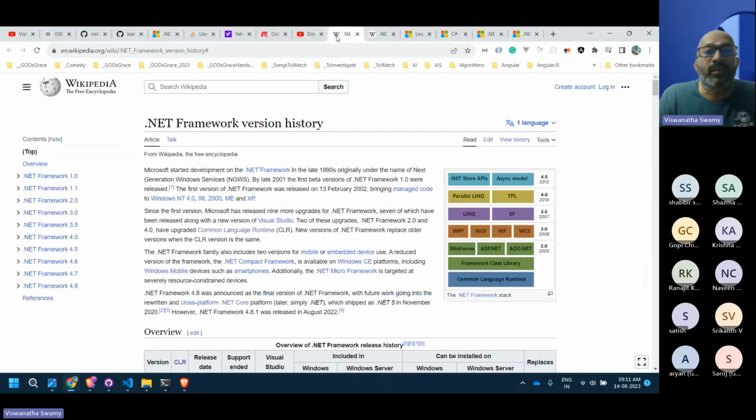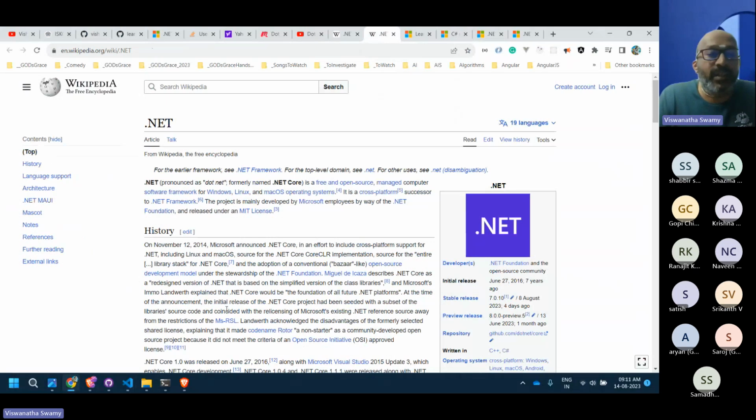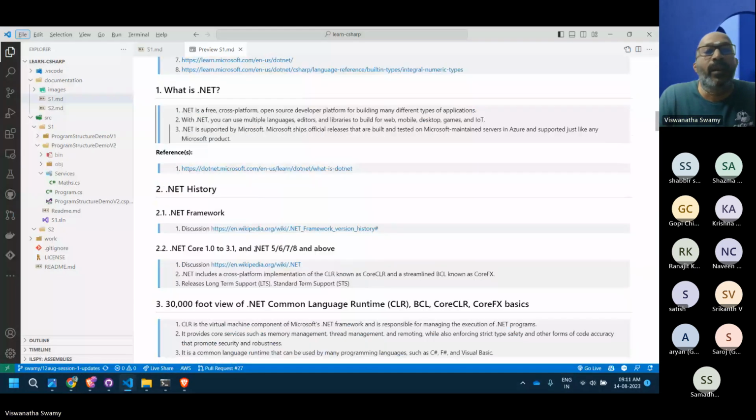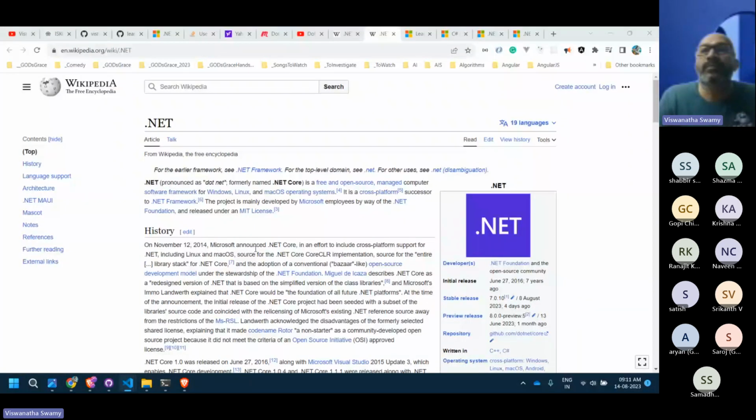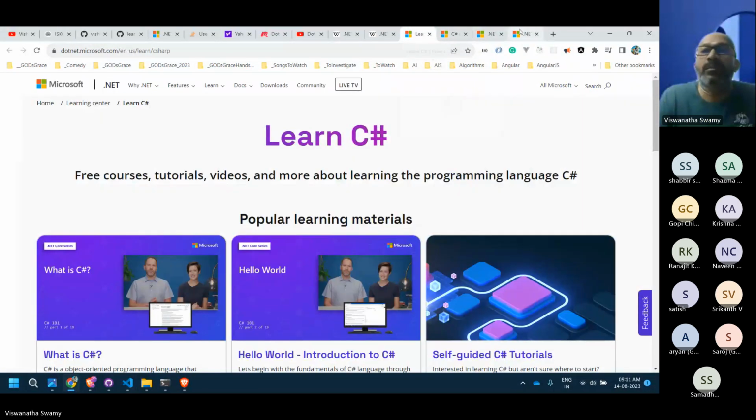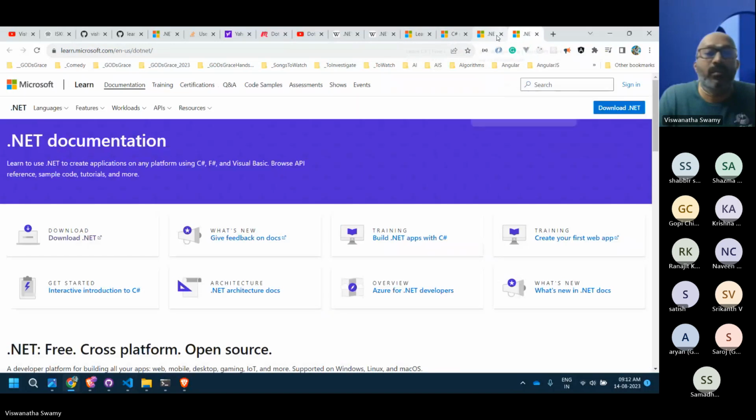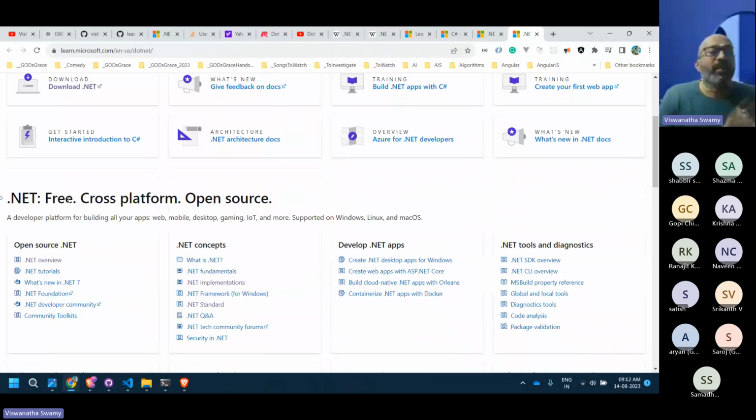We'll start with this one, history of .NET and what is .NET. So let's go with this one. What is .NET? Okay, .NET in a single line: it's free, cross-platform and open source.